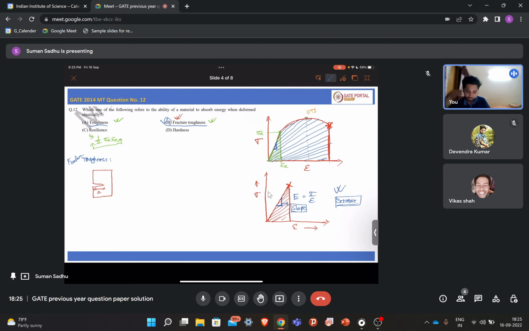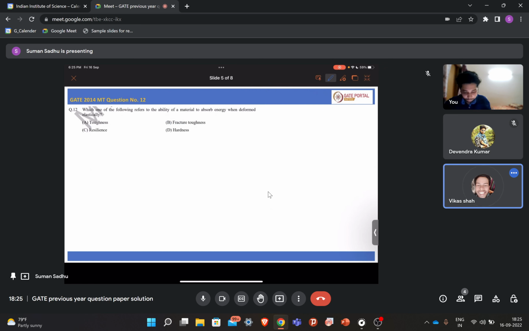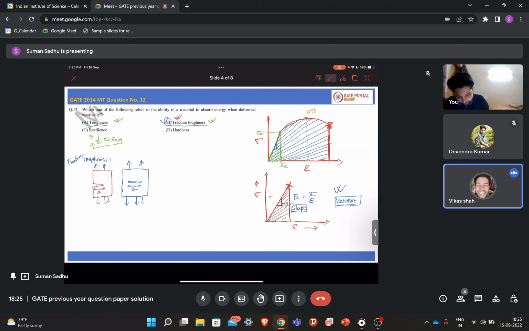So now, let's say your sample has a small crack and the length of this crack is a. It may be of two types. One may be the edge crack or one may be the crack in the center. This is 2a. So now if you are loading your sample like this, how will be the stress line? Let's say this will be the stress line. So when it comes near the crack, it will bend like this